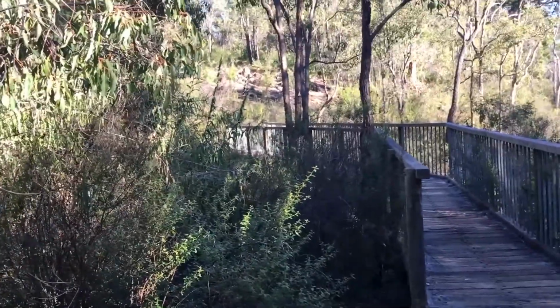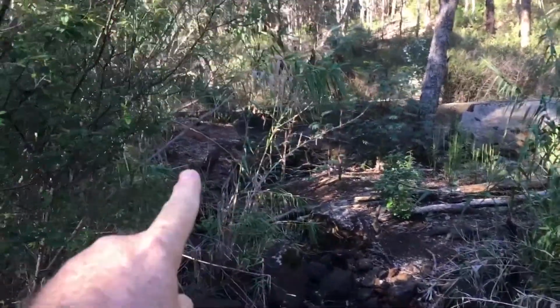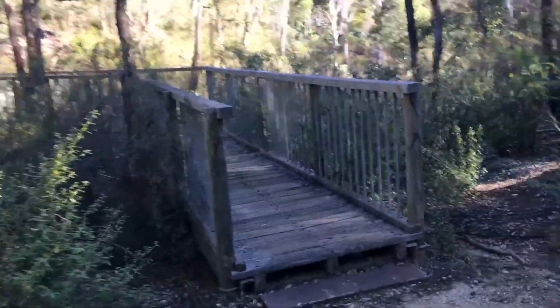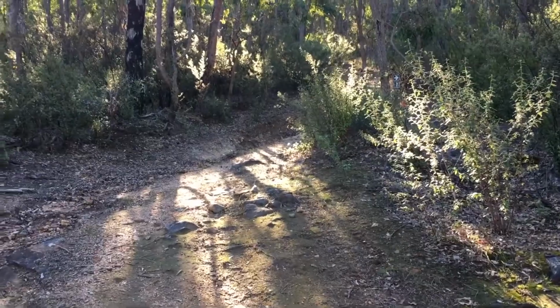Now, we usually see water flowing down through here, and there used to also be a gauging station that you can see. But if you have a close look at the end, it's broken through. The water's pushed through the gauging station and knocked it out. If you go up over the bridge on the right, you can see a little waterfall there. It's a good one for kids to play in. Just here, if I can get out of the sunlight,